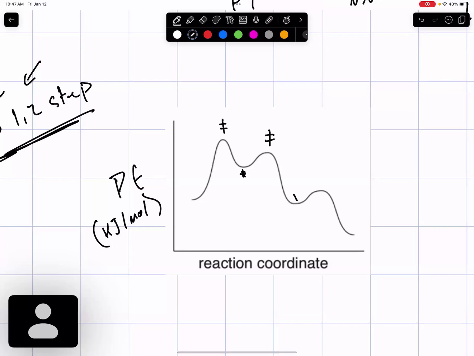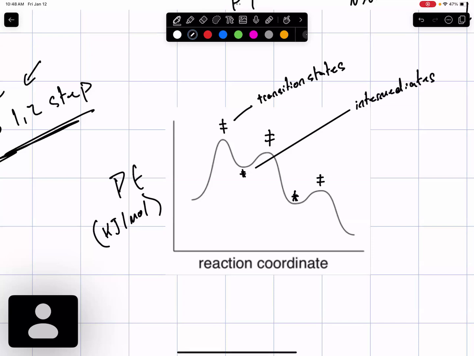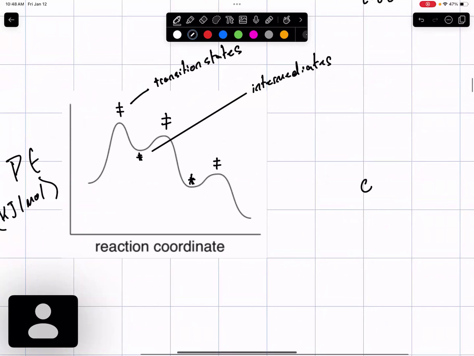So, question before you continue. Yes, ma'am. So when it's up, you said it's potential, when it's down, it's intermediate? No, these peaks represent transition states. Okay. And this little symbol is how we denote transition states. These little valleys, these momentarily stabilized compounds, are what we call intermediates. And the transition state is the peak, because it's higher. Yeah. It represents, I don't know if you guys remember,